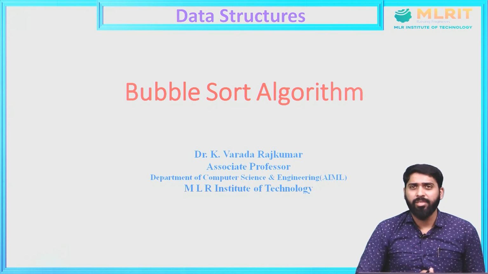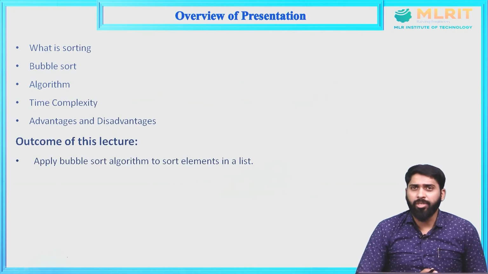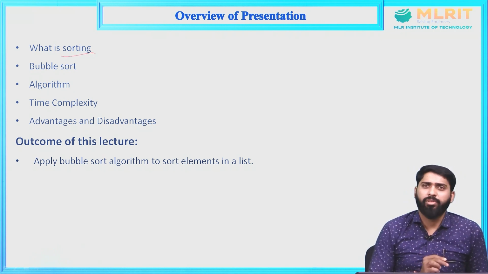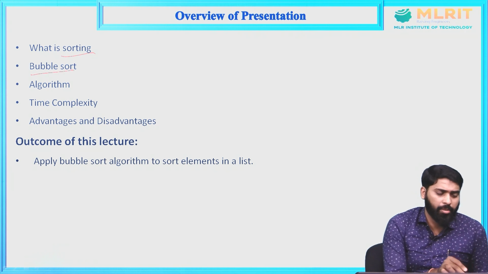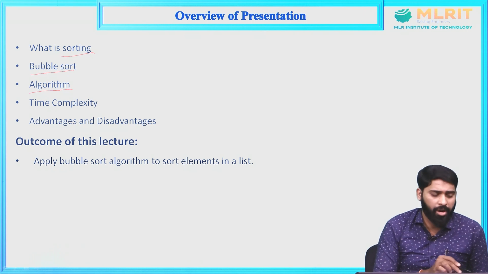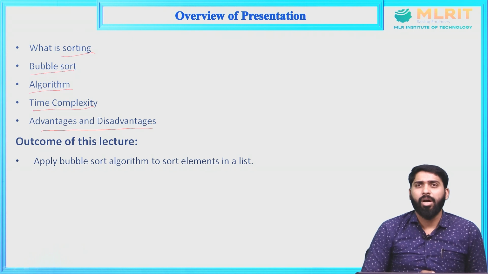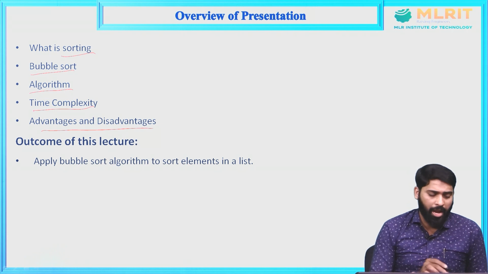In this class, we are going to learn about bubble sort algorithm. Overview of the session: first we see what is sorting. After that we see the definition of bubble sort. After that we discuss the bubble sort algorithm and time complexity of bubble sort, and finally we discuss advantages and disadvantages of bubble sort. Outcome of this lecture: at the end of this lecture you will be able to apply bubble sort algorithm to sort elements